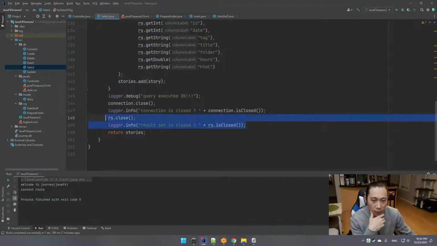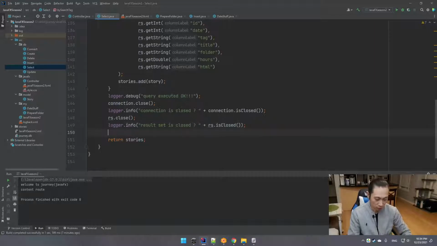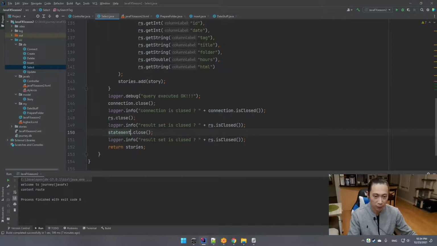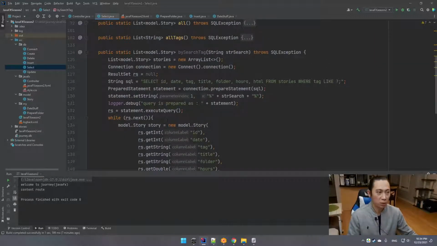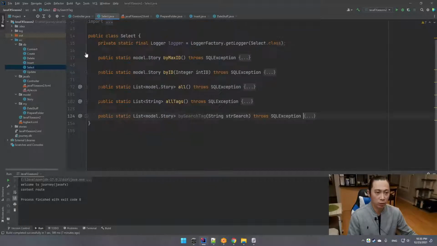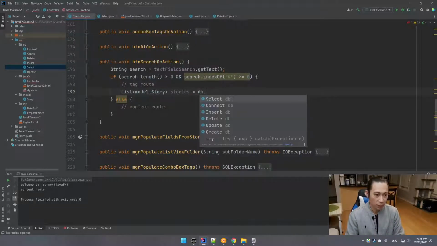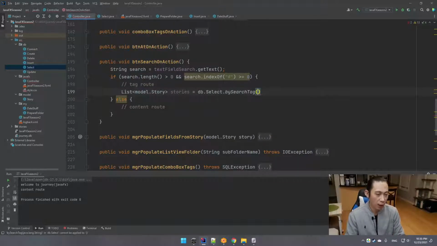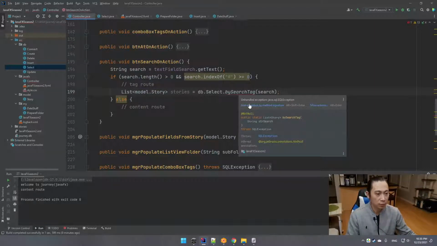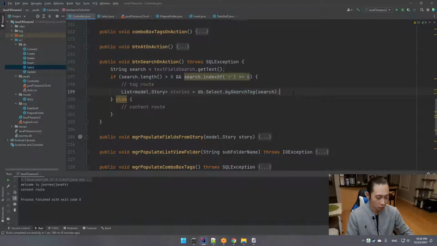Perfect. And then I'm going to add another one just for best practice. Statement is closed. So yeah, we are all set. So then we just need to call this method in our controller, right? What we're going to do is a list model.story, right? Say stories equals to db.select.by search tag. We're going to pass in search as a parameter and decorate this method, and then we're going to populate